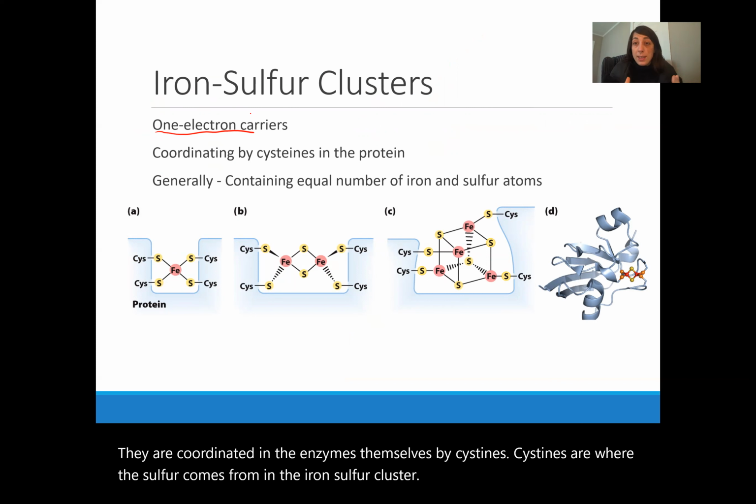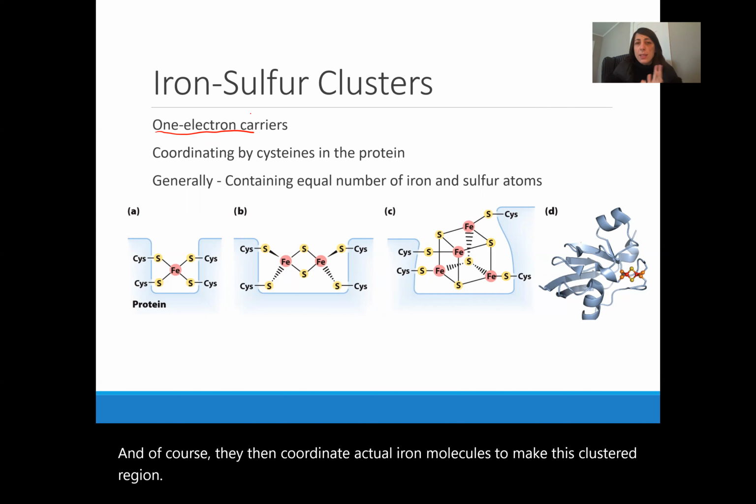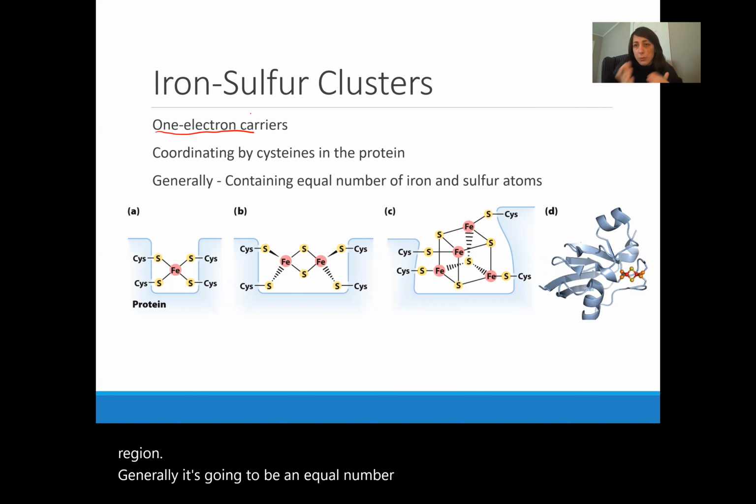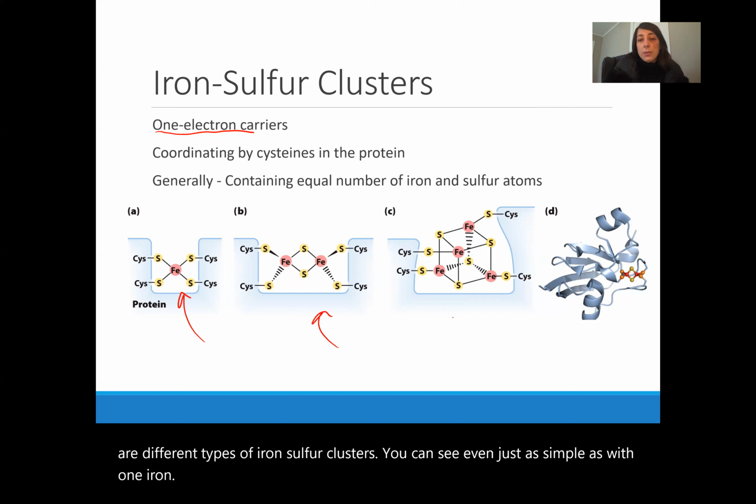And of course, they then coordinate actual iron molecules to make this clustered region. Generally, it's going to be an equal number of irons to sulfur atoms, and there are different types of iron sulfur clusters. You can see even just as simple as 1 iron, 2 irons, or up to 4 irons